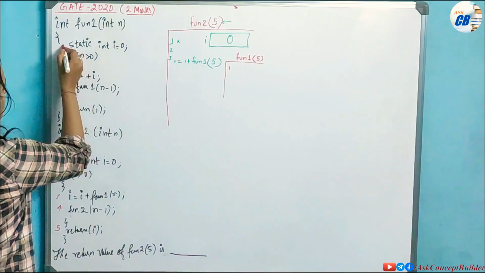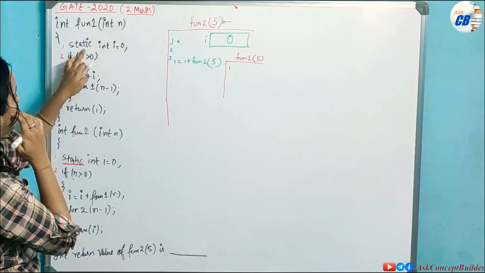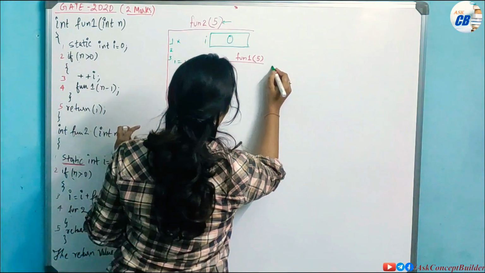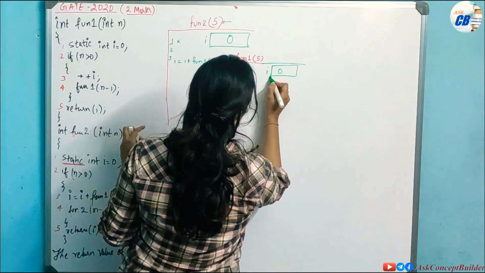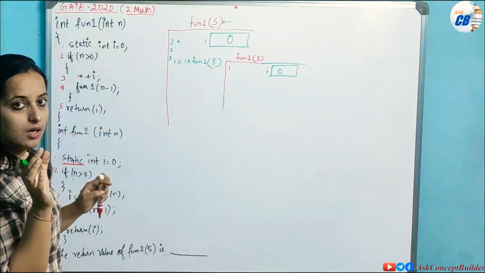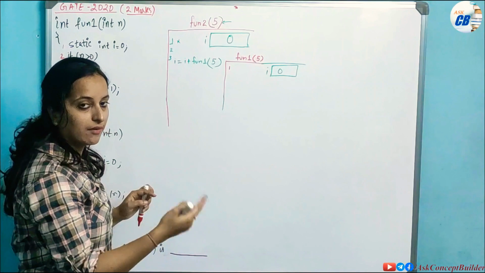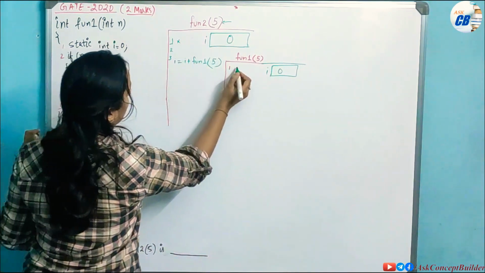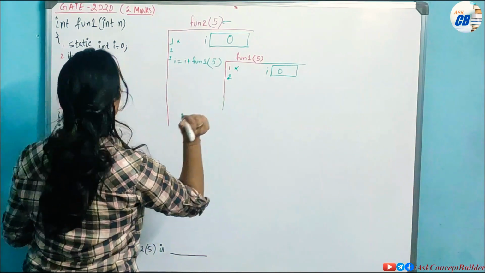Now see, again for this, all the statements will be executed. So for this also, the first statement is static int i equals 0. Because it also has i as a static variable, for this function also, memory for i will be allocated at compile time only. So only once the memory will be created for it; every time this function is called, memory will not be allocated again. So the first statement will not get executed because, being static, it will see that memory is already allocated at compile time.